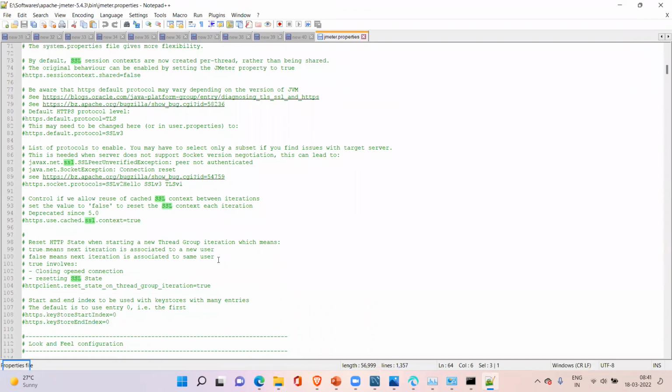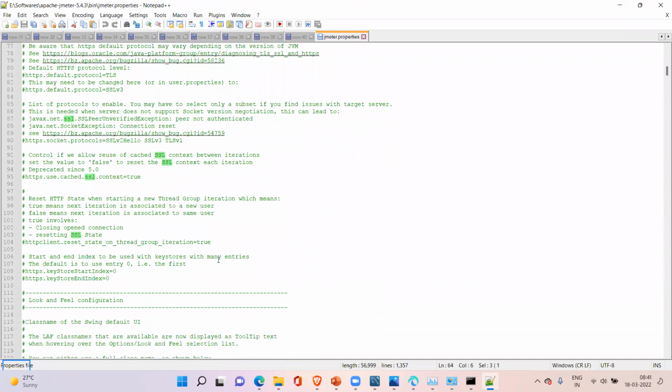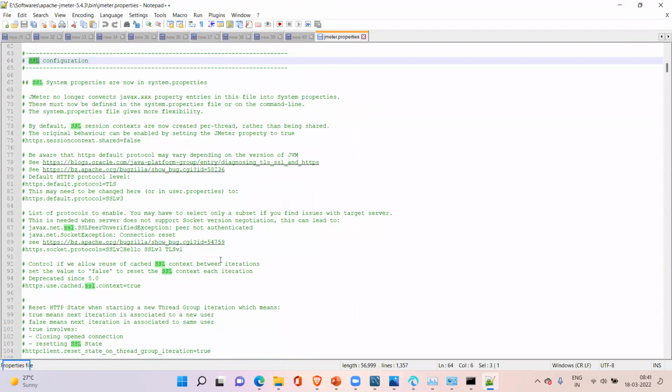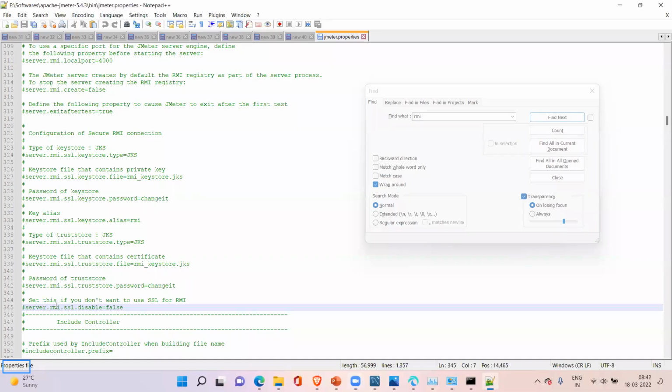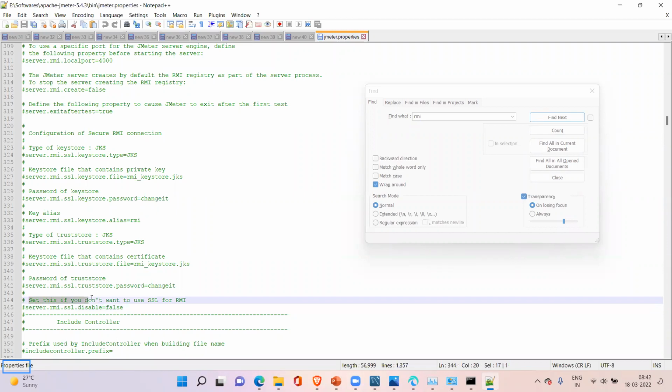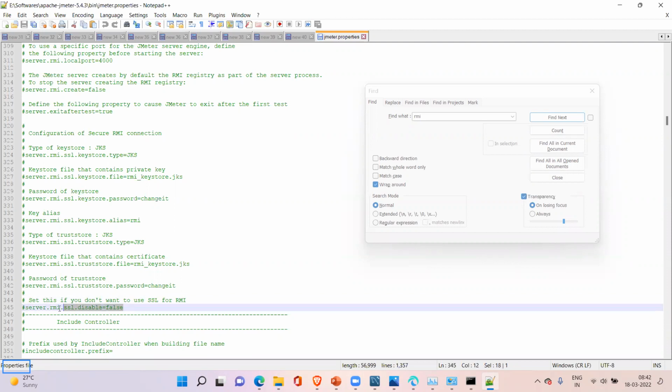There will be some option here to turn that off. Yeah, see here. Set this if you don't want to use SSL for RMI. Is this understandable?